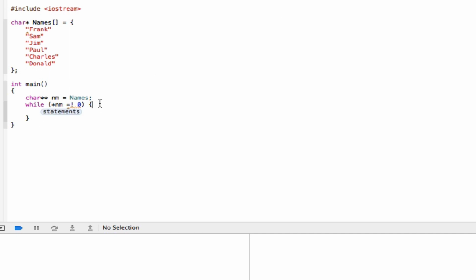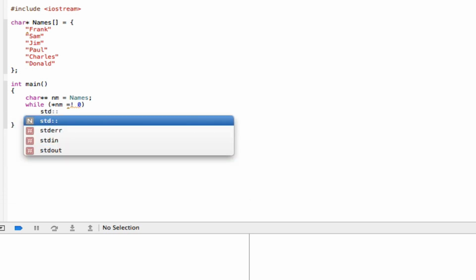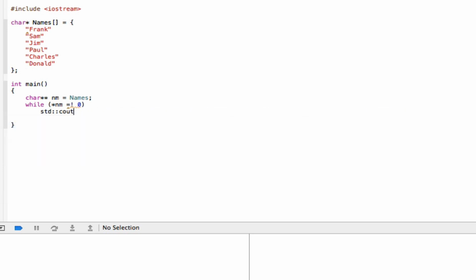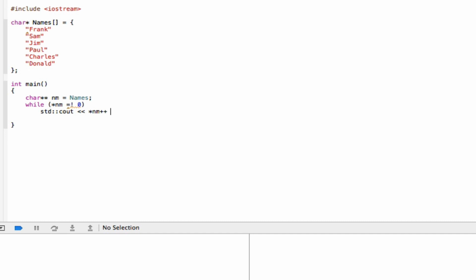before we do that, we need to remove this. We need to also remove this one, and then we can say std cout star nm, increment that, put that on a new line, and then that should be closed off. This needs to be reversed around, that's the problem. Okay, so